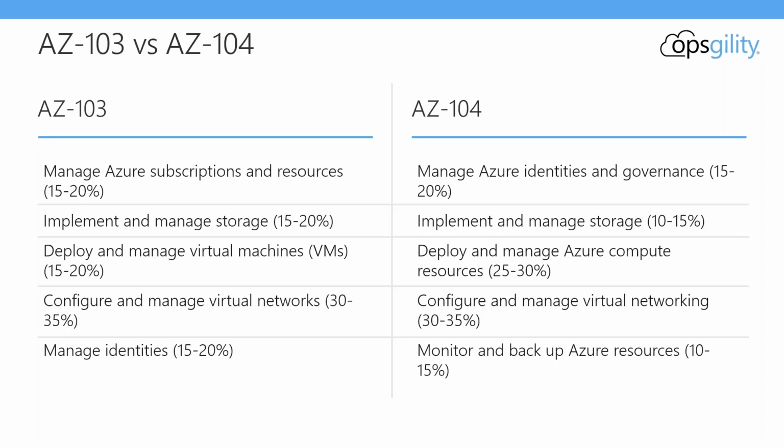So if compute resources is more than just virtual machines, what else does it include in the context of this exam? Well, beyond VMs, we also have skills for creating and configuring containers using both Azure Kubernetes Service, or AKS, and Azure Container Instances, or ACI, as well as skills for creating and configuring Azure App Service and App Service